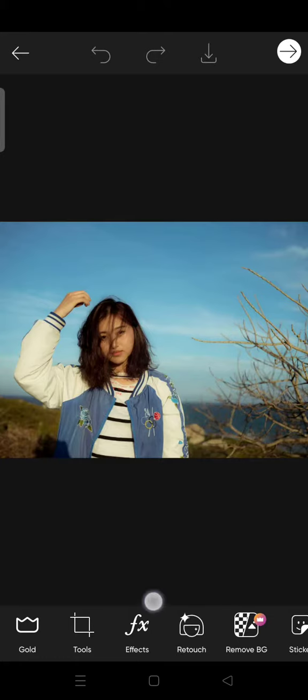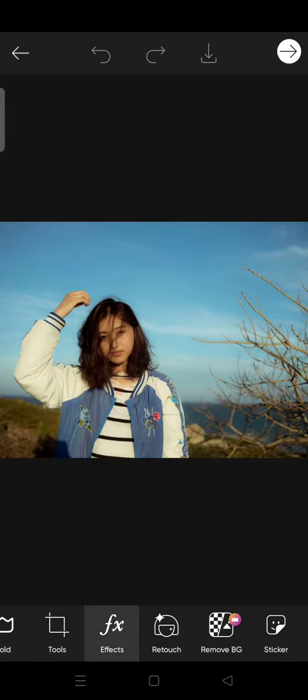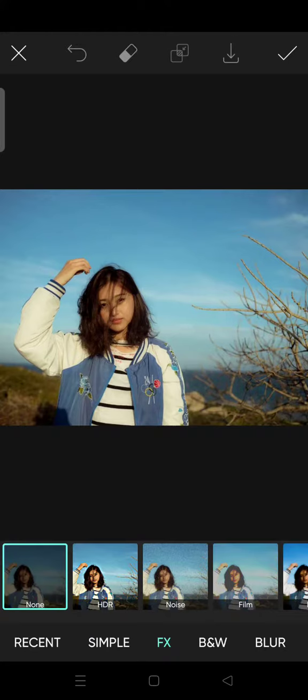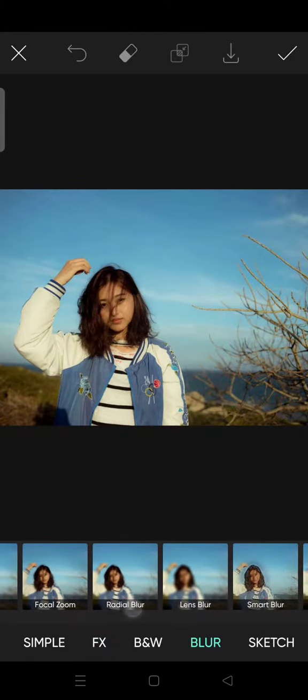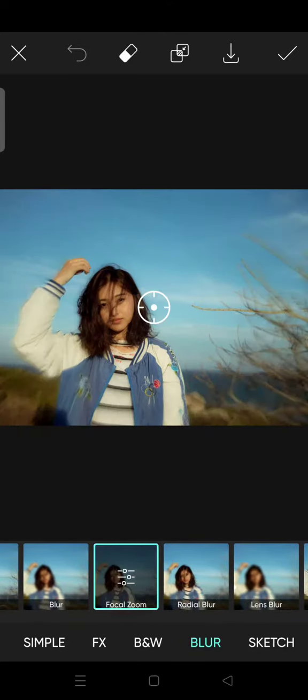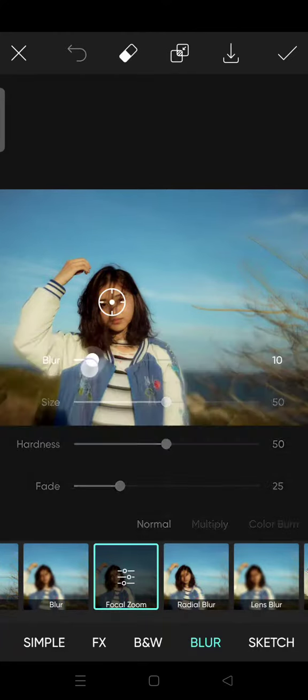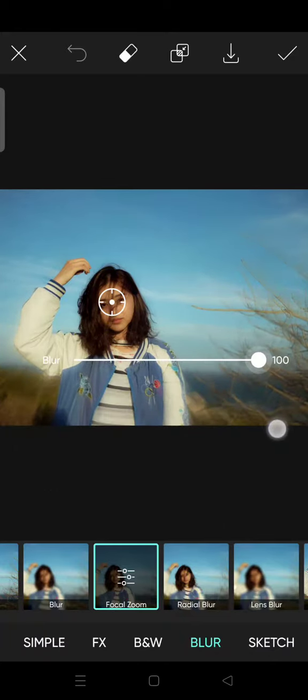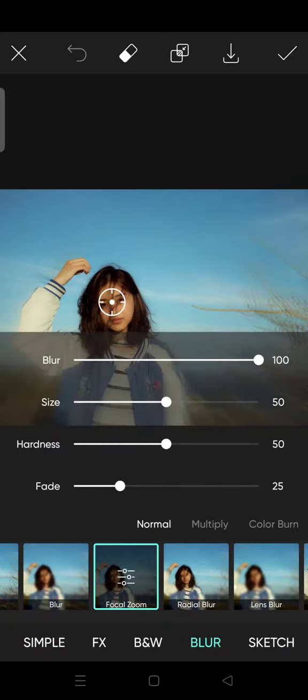So just go to the effects menu at the bottom, and then you can see the blur effect here, and then choose the facial zoom. So just like that, place the zoom into the part of your face, and then you can also adjust the blur just like this,